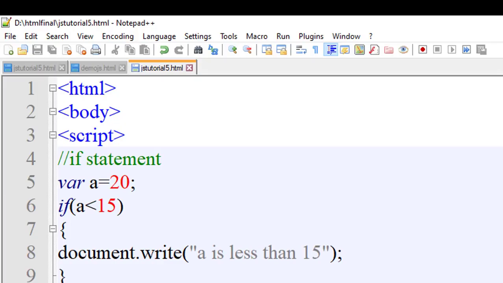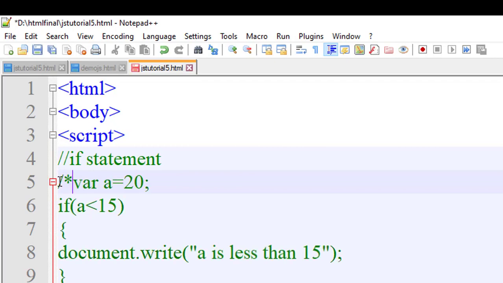Okay. We will take one more example of the if else statement. Just put the comment tag. This one is the multi-line comment. We start the multi-line comment from the slash and asterisk sign, and we close this multi-line comment with the asterisk and the slash sign.